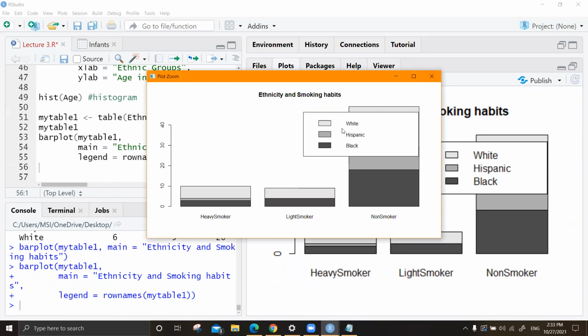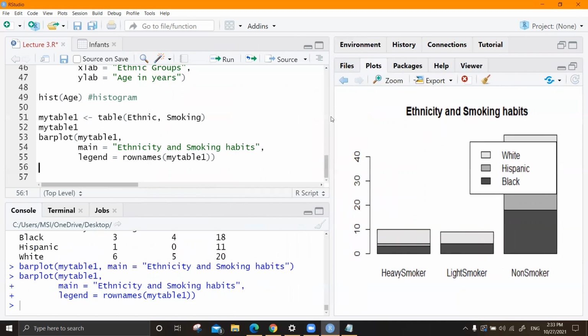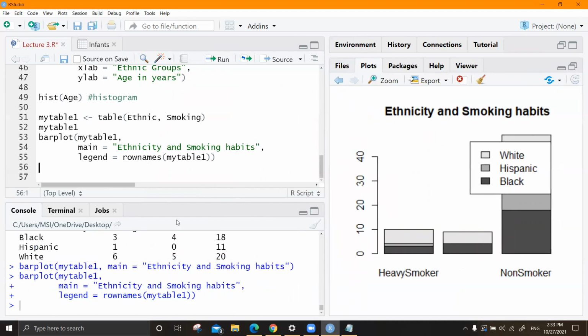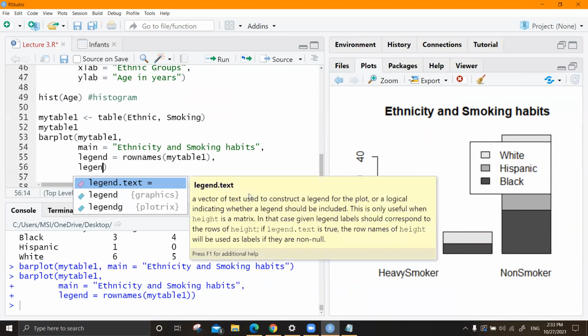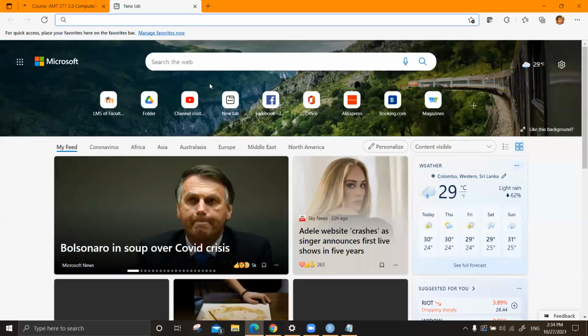So you can edit this actually. This is very big, you know, this bar is concealed by this. So there are a couple of ways of arranging the position of the legend. You can Google and get it if you want. You will learn how to Google also. Let me check.